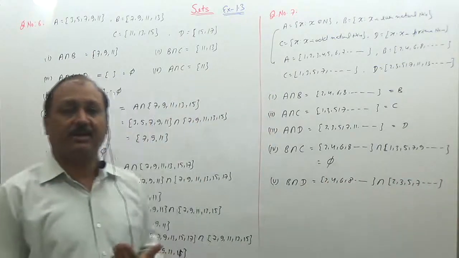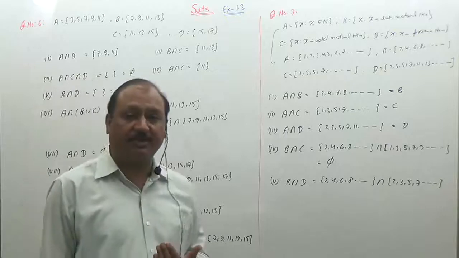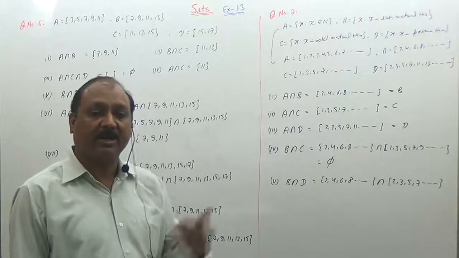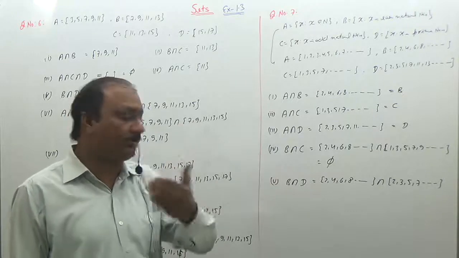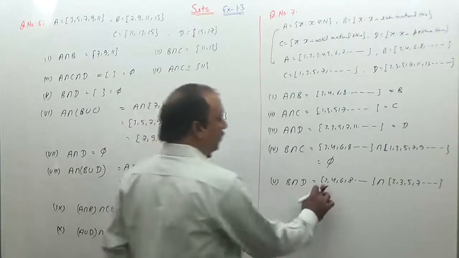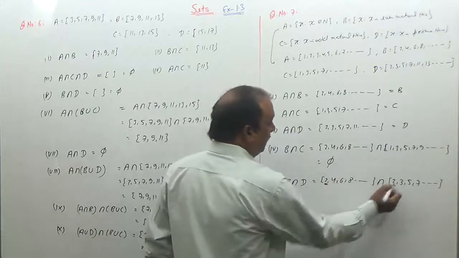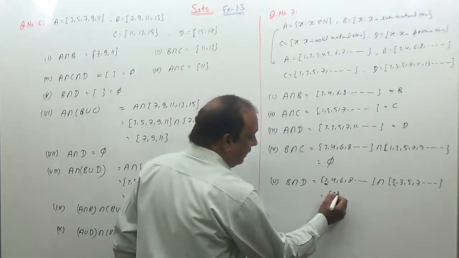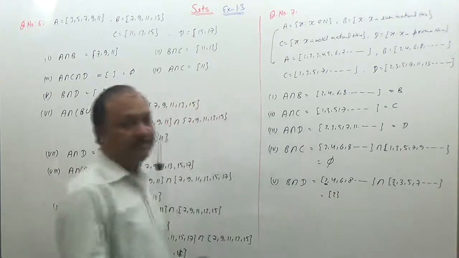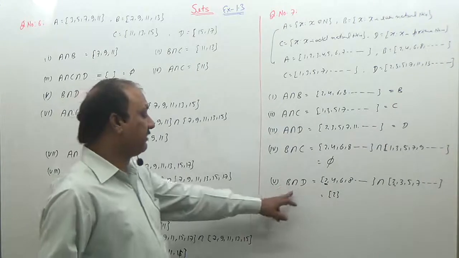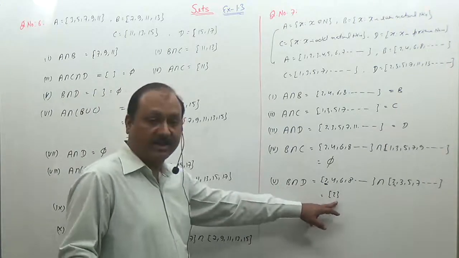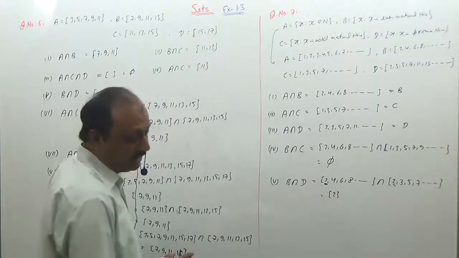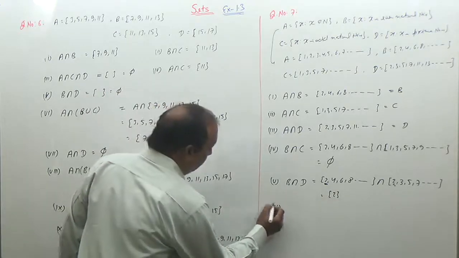Set B is the set of even natural numbers, and set D is the set of prime numbers, but there is one prime number which is also even. So 2 is a natural number which is even as well as prime. There is only one element common between them. So B intersection D is a set which contains the element 2, that is a singleton set. Now, the sixth part is